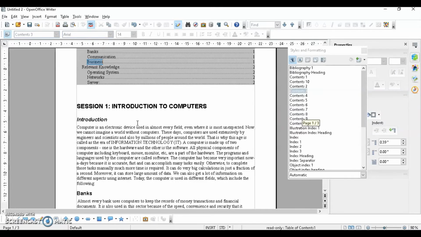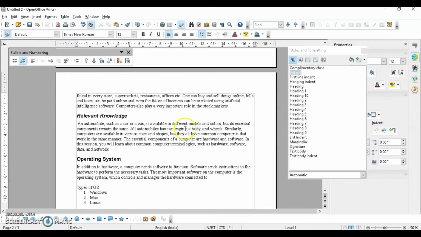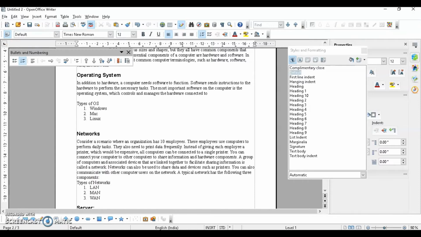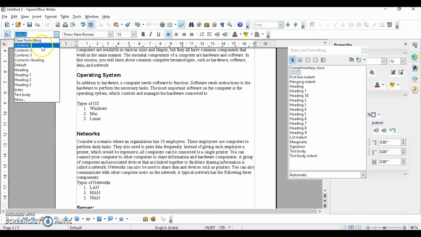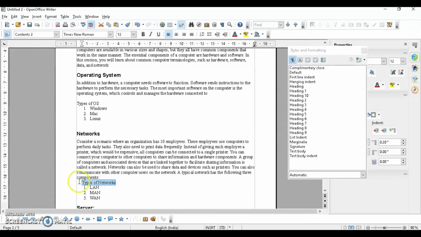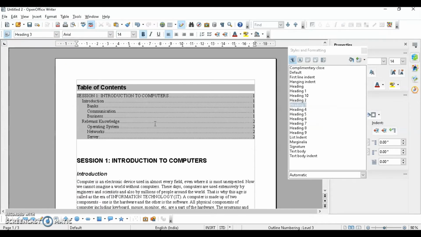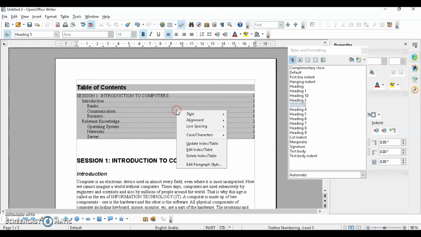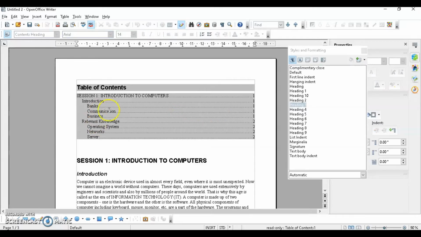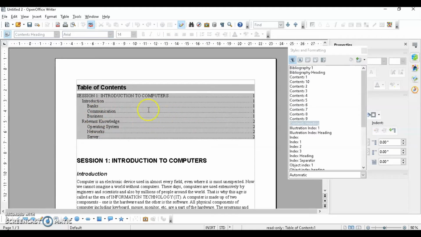I just want to add one more level. So we have heading 4 as well. If I give any style over here, let's say content 1, you can see it has been shifted, and the same I'm going to apply over here. So now there should be some change in my table of contents. If I right click and select update index, you can't see this change. Why does this happen? Because this content heading is not defined. So add this style in your index.